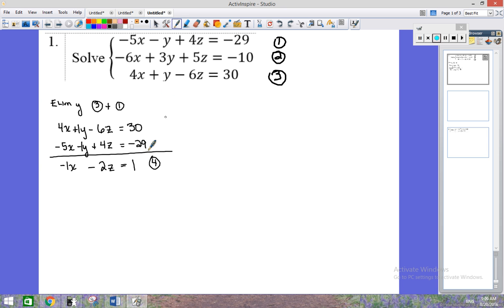I need a second equation in two variables. So I'm still going to eliminate y. Last time I did not use equation 2, so this time I have to use equation 2. So it has a positive 3. I look up to equation 1 and I can easily make that a negative 3 for equal and opposite. So I'm going to take equation 2 and I'm going to add to it 3 times equation 1. So if we copy equation 2 as is,